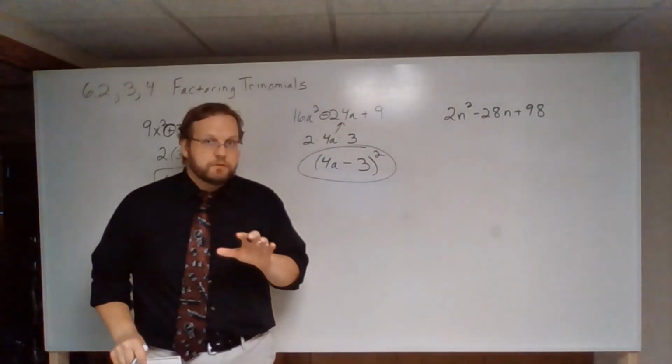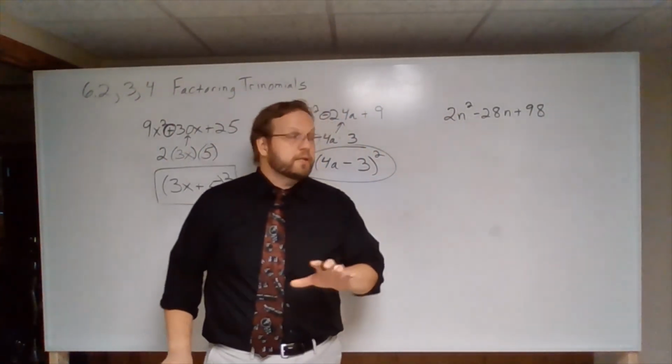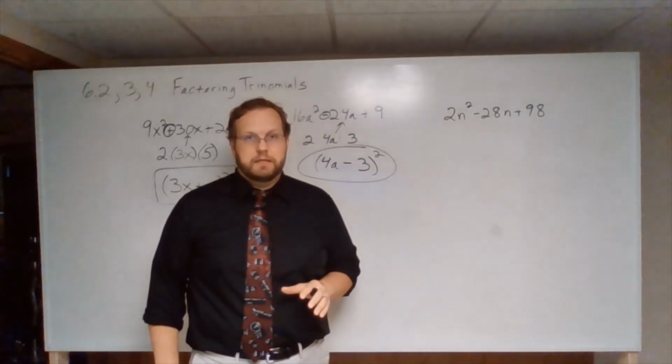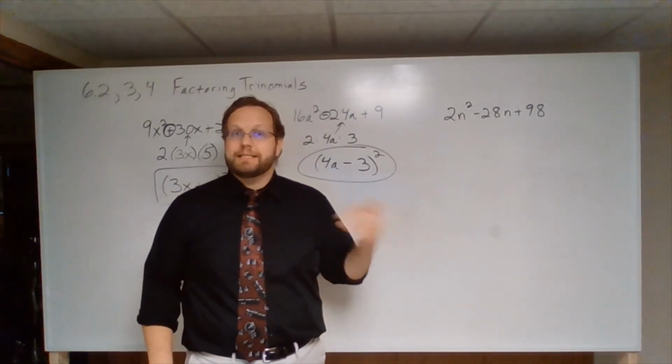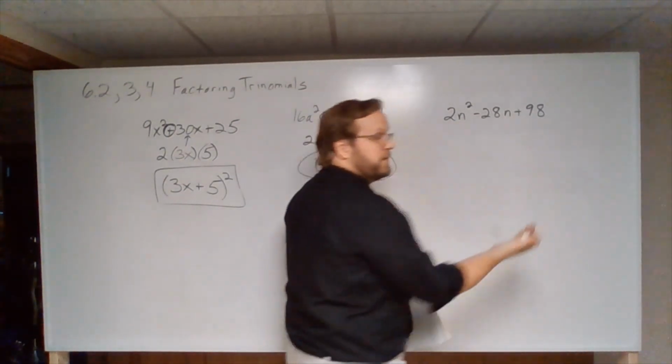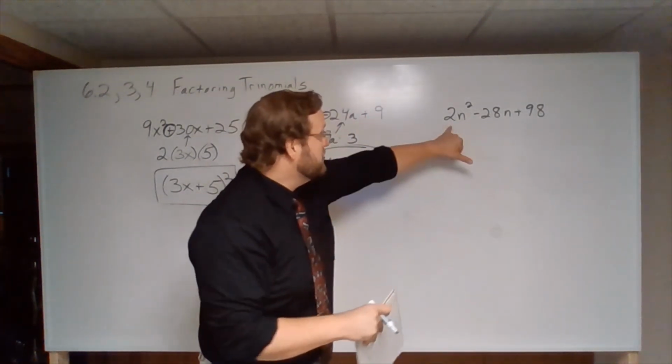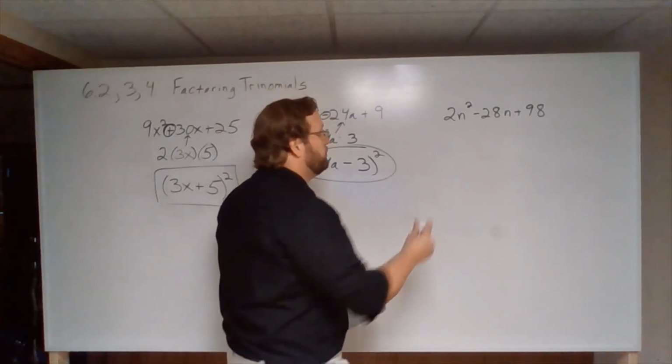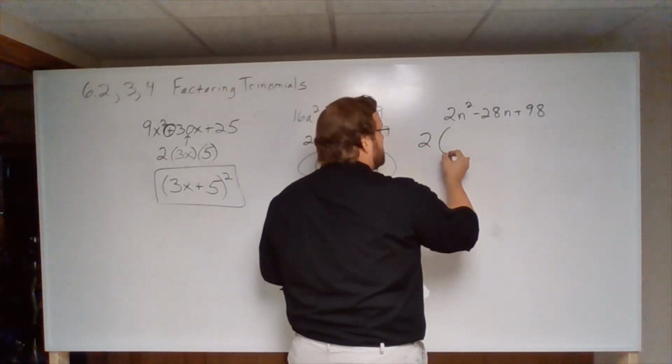Okay, now be careful. Remember the first step always. Is there a GCF? And in this case, yes, they're all even, so I can take a 2 out. Okay, if I don't take the 2 out, guys, this is not a perfect square trinomial because this isn't a perfect square. Okay, but once I take the 2 out,